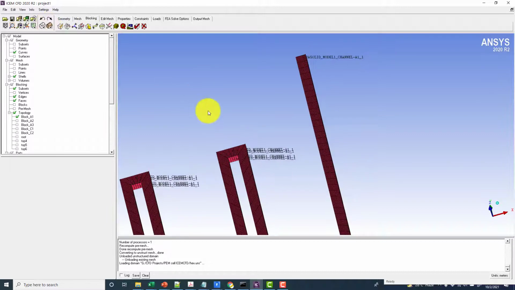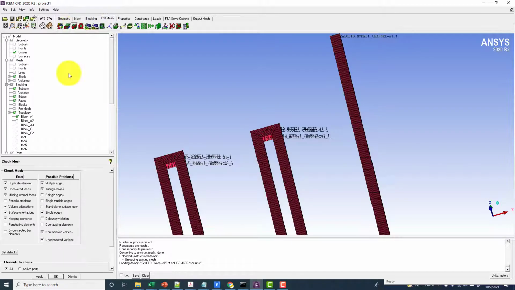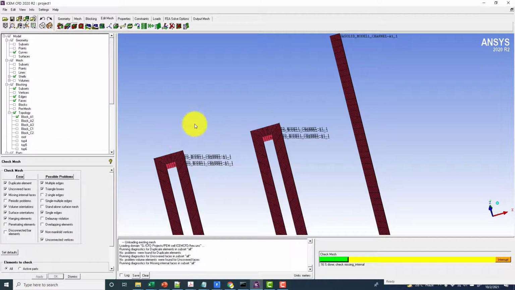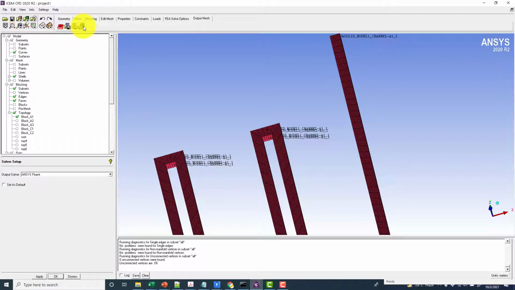See it in the solid view, and now again I will be checking the mesh quality from edit mesh, running the check mesh and apply. There is no error, and I will proceed with the export mesh.